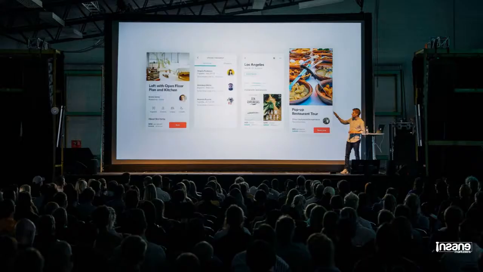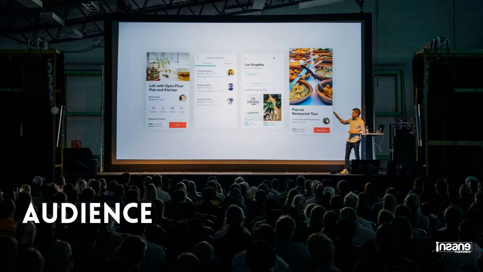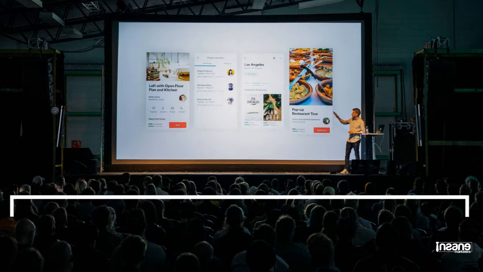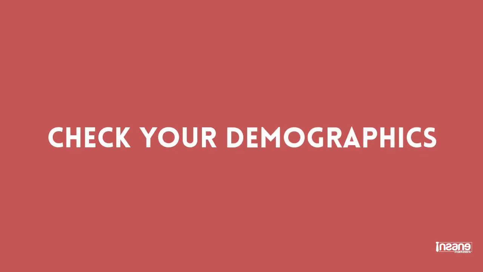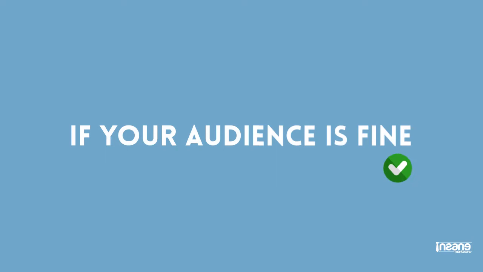What you really want to see in your audience is whether you're running the ad on the right interest or right audience or not. The audience size should not be very broad. It should be anywhere from 500k to 2 million. You also want to see if your demographics are right or wrong, and everything else, maybe you have used some connections, maybe some age group. Anything could possibly be wrong. You just want to refine or recheck whether you have made some mistake in your audiences. But if your audience is fine, and you have put everything in the right place,